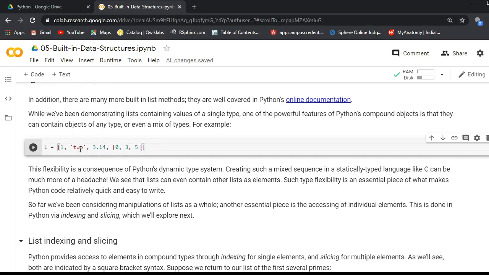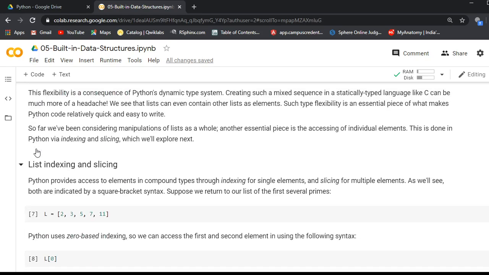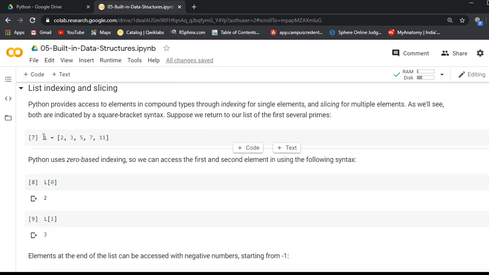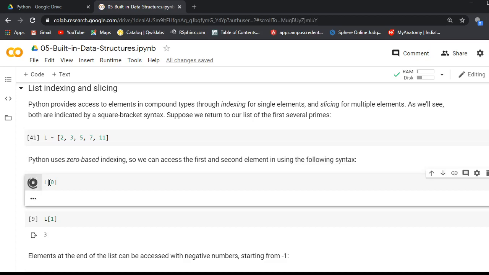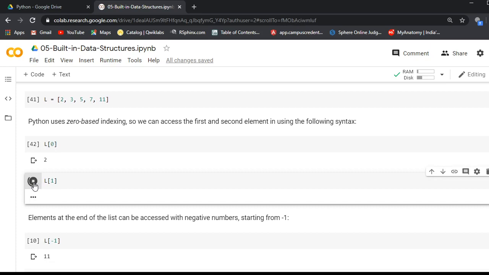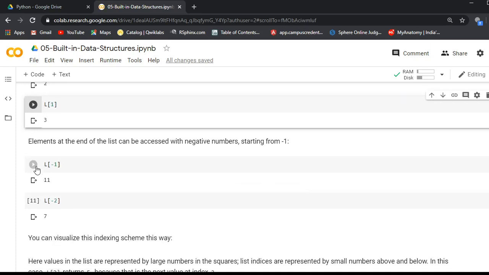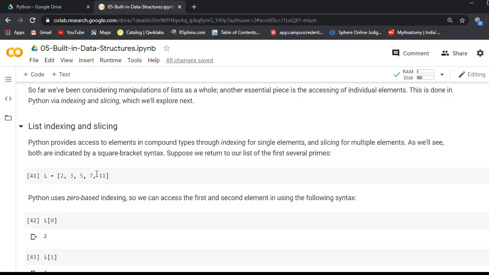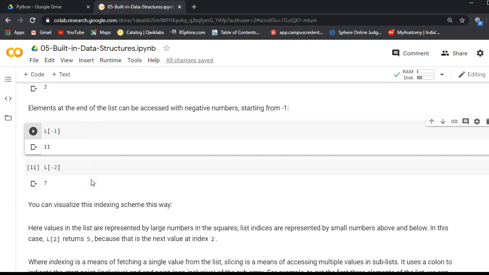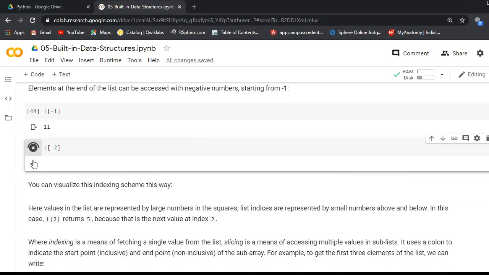and here we can use a list of list elements. Then here is slicing. If you want to find the first element, we can use L of 0, then the second element, L of 1. If you want to find the last element, we can use -1. So we got 11 here. Then the second last element,